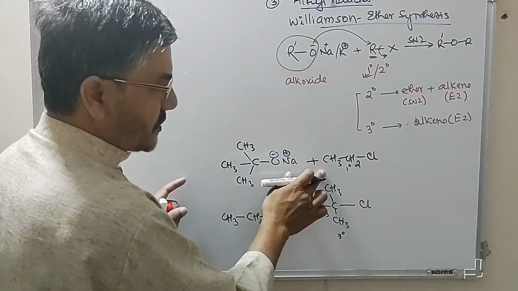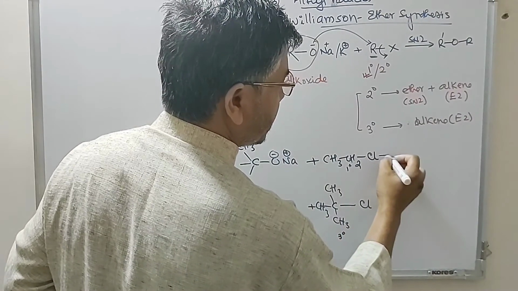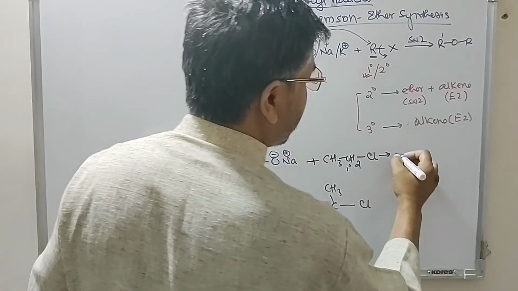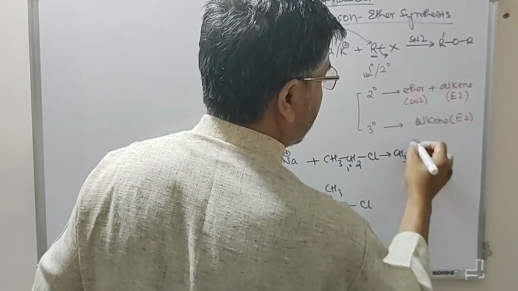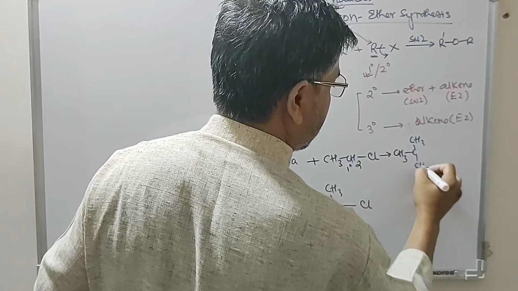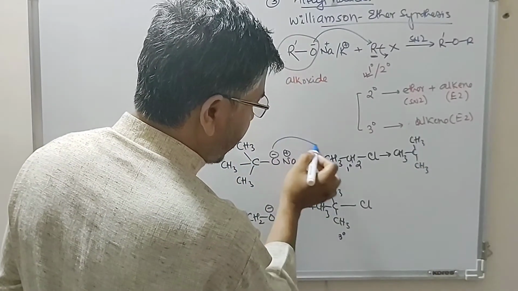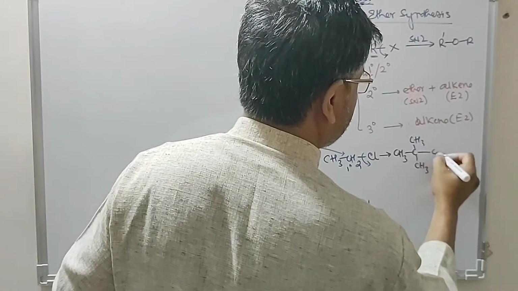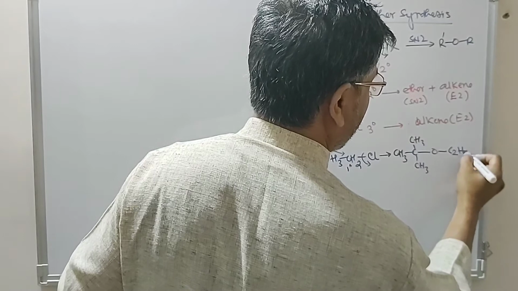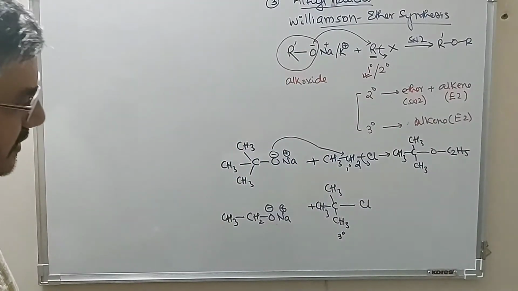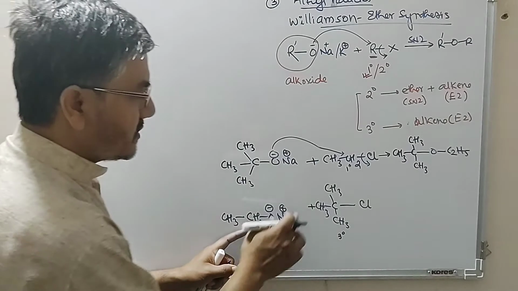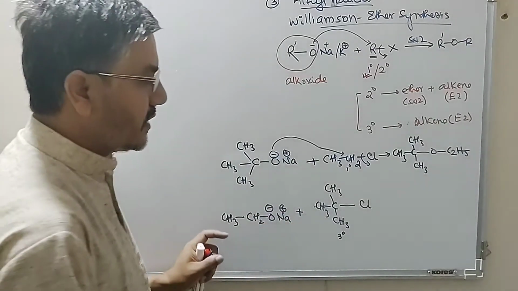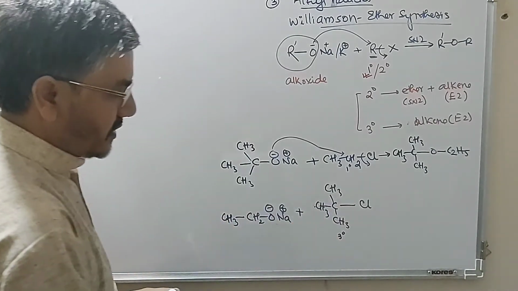In this first reaction, since the alkyl halide is primary, the major product formed will be ethers. That means this will attack this carbon, and Cl minus will be released, and this gives you C2H5 ether. But if we take the second reaction, that is ethoxide plus tertiary butyl chloride, this carbon being tertiary,